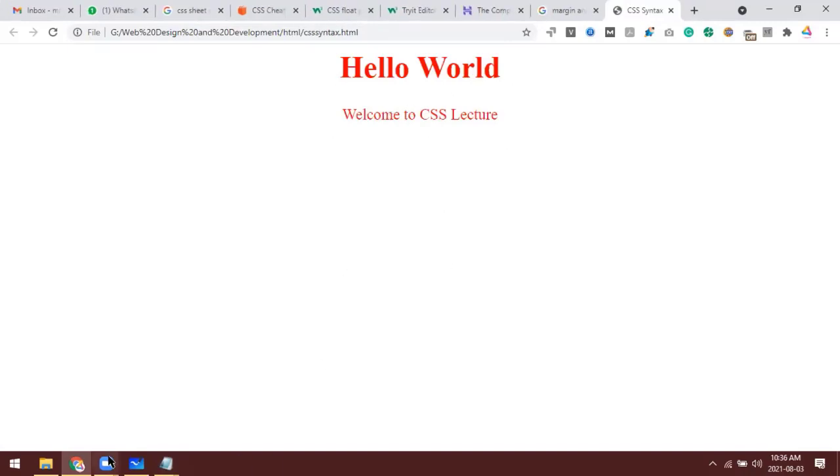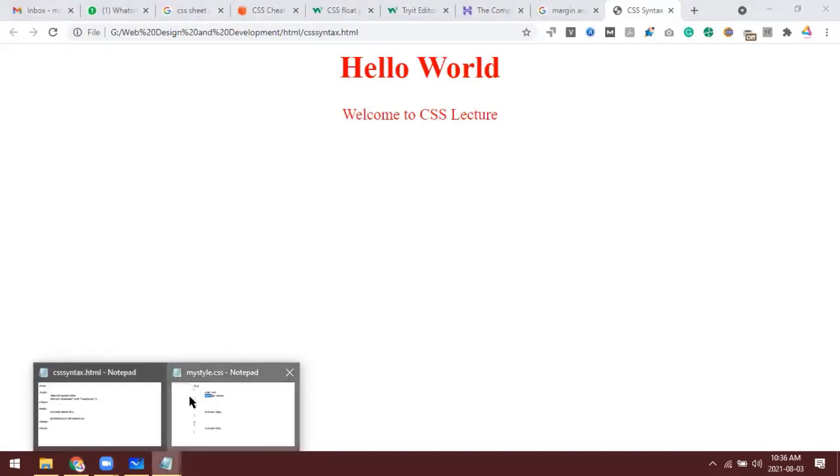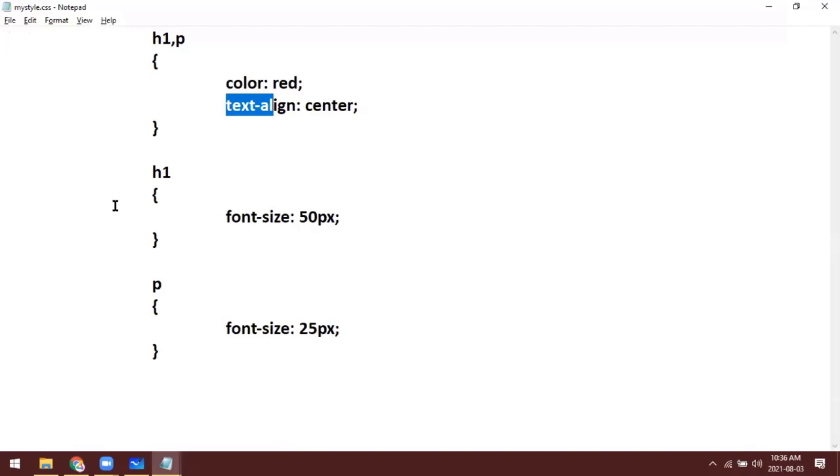Right. So this is the way we can use external CSS or internal CSS. The advantage of using external CSS is that with the same style sheet, we can apply to many HTML documents. We call it a templating approach. It's the best practice, right?